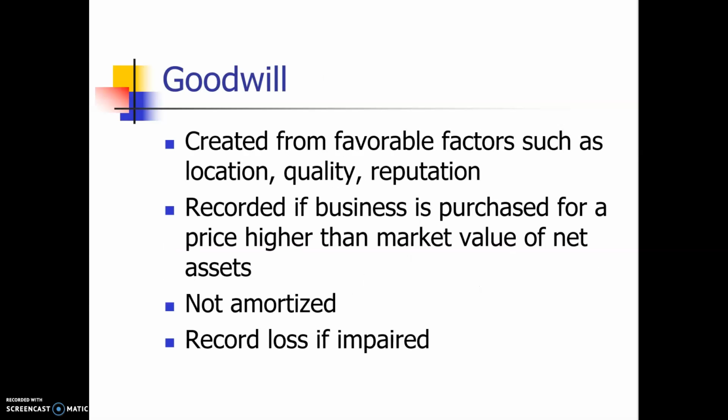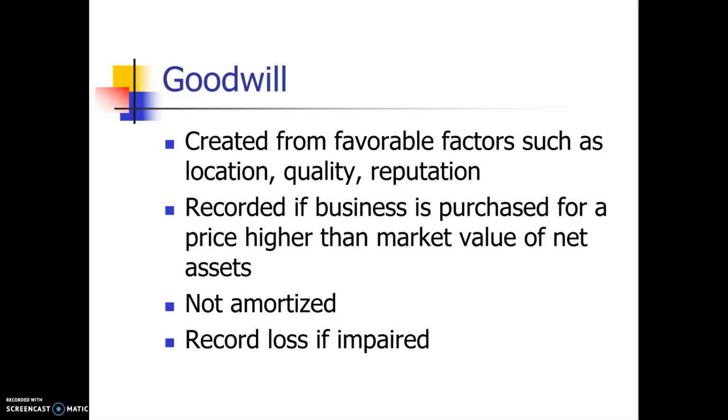And then another intangible asset that's pretty common, especially for large corporations who acquire other corporations, is goodwill. And so if you buy a company and the price you pay for the company is more than the fair value of the assets added up, the difference between the fair value of the assets and what you're paying for the company is called goodwill, right? And the reason why you're willing to pay more than the fair value of the assets is that you're buying an established business and it already has a reputation, it has a customer base, it's known. And so those are the things that you are acquiring.